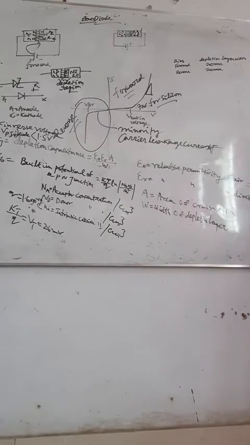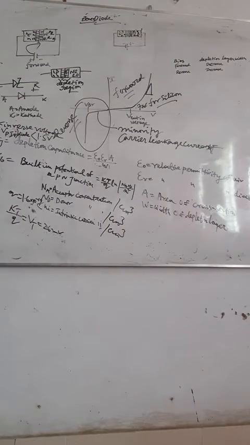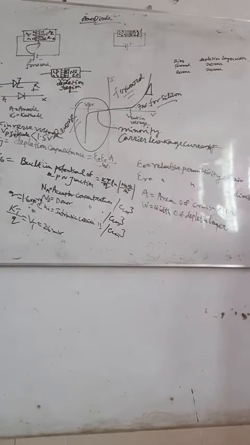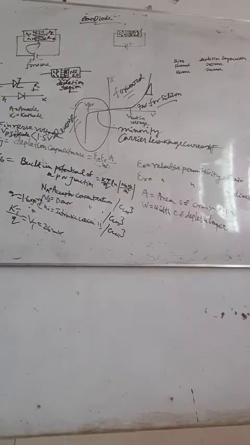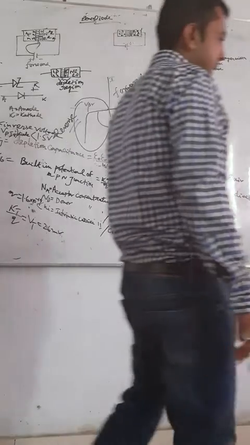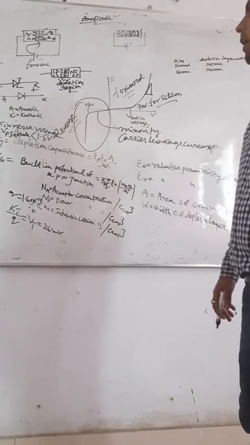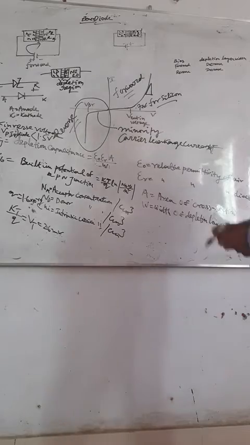Due to the presence of a strong electrical field. Now, where do you find applications of the Zener diode? Especially the Zener diode is used as a voltage regulator, shunt regulator or series regulator. In this class I am not covering this, but remember the Zener diode can be used in a shunt regulator or series regulator due to its dedicated operation in reverse bias.